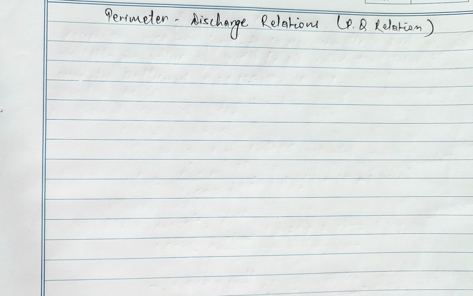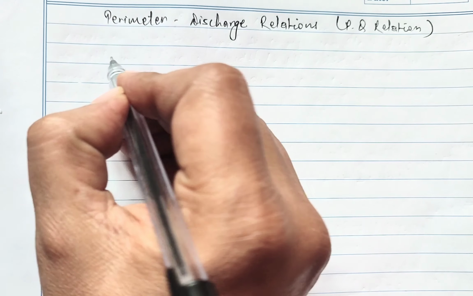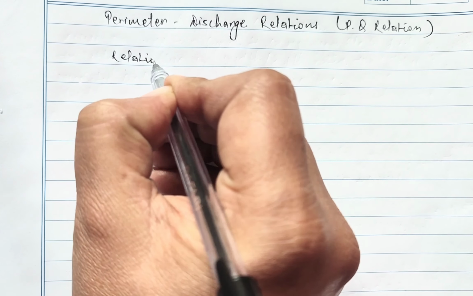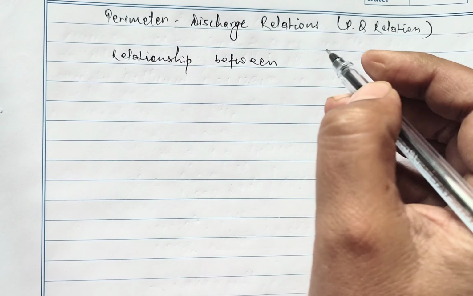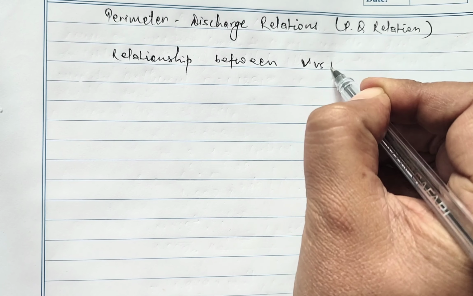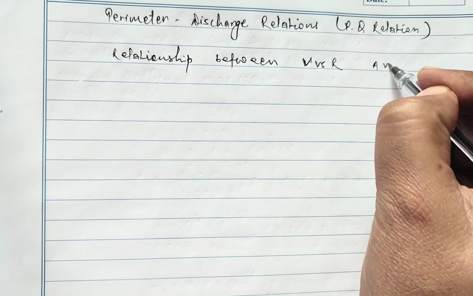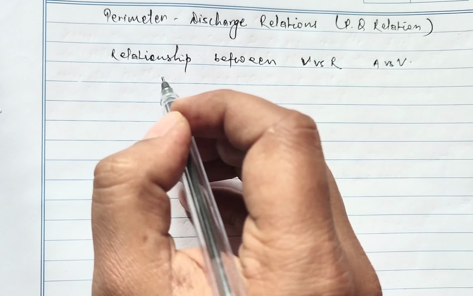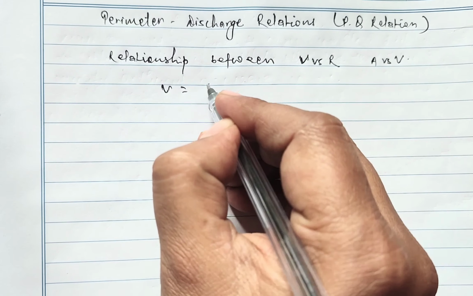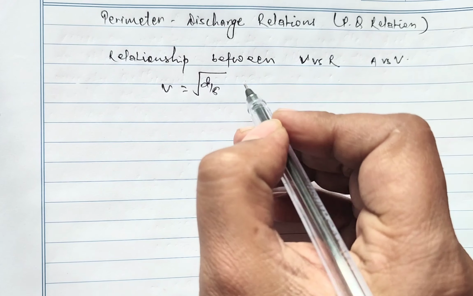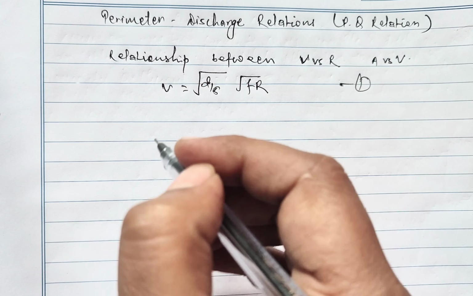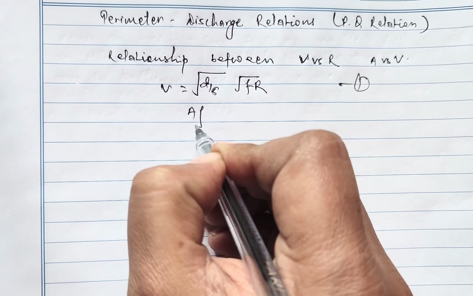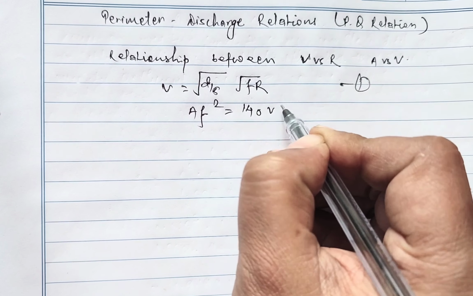For this, first we will carry out the relationship between P versus R and A versus P, where the relation for V equals 2 by 5 whole root over FR is equation 1, and for the second equation, A F square equals 140 P power 5, where